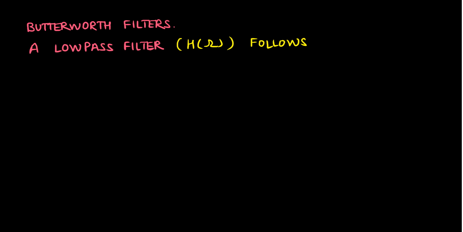What Butterworth said is we can have a low pass filter whose magnitude response, that is in frequency domain, let's say H of omega, follows the expression